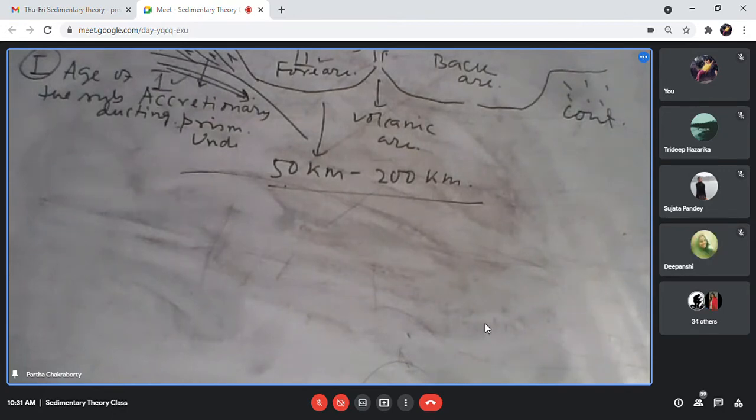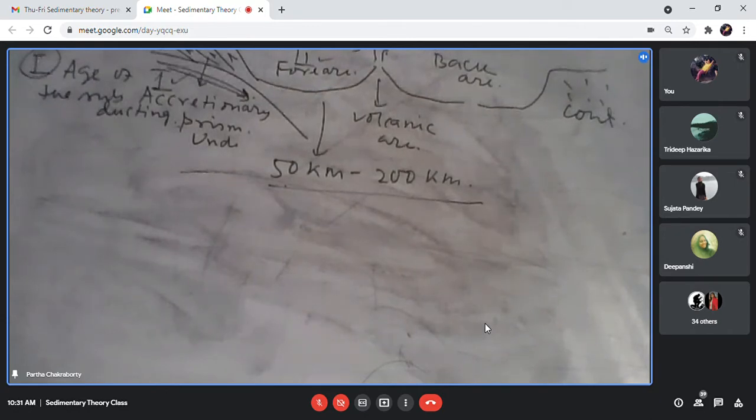Yes, sir. So when we will be talking very objectively, किसका बात कर रहे हैं हम लोग? We are talking about the downgoing plate, subducting plate, or we are talking about the overriding plate. Now I am talking about the downgoing plate. What I am saying is that the angle of subduction depends upon the age of the subducting plate.